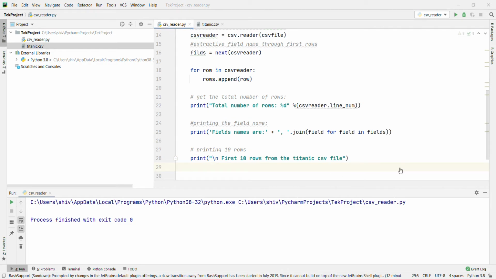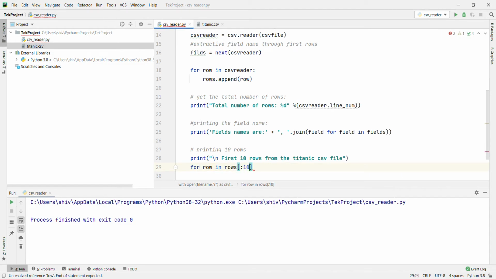We have to use a for loop: for row in rows, and if we are going to use 10, then we use 10.